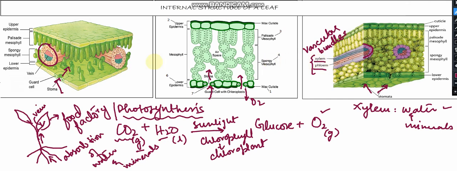So from the xylem the water is entering the internal structure of the leaf. See, this is the internal structure. So now we know that we are getting these two materials from this area. Now let's talk about this very important thing known as sunlight. What is this sunlight? Why is it that important? Why does photosynthesis only take place in the day? Why not at night? So for that purpose, if we discuss this structure, the first thing which we